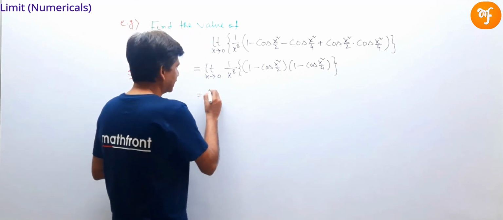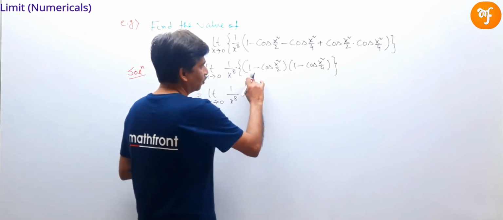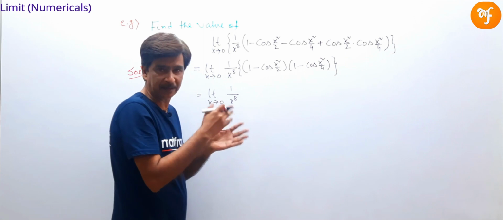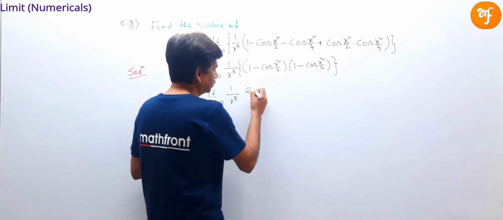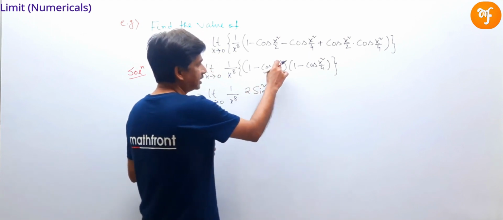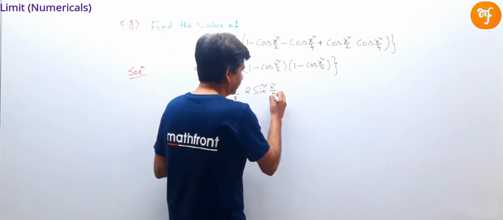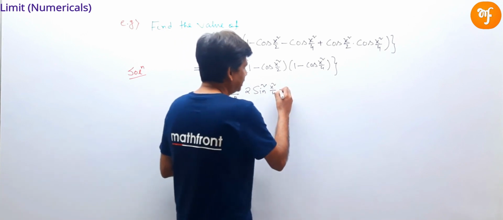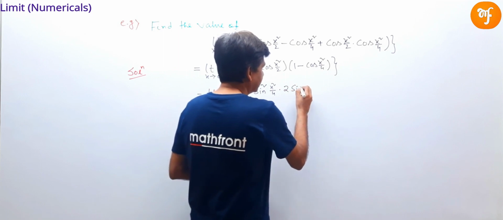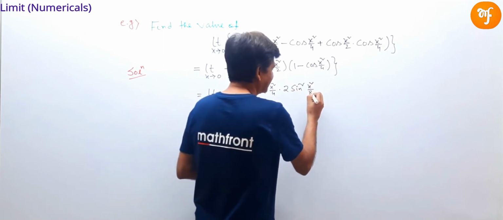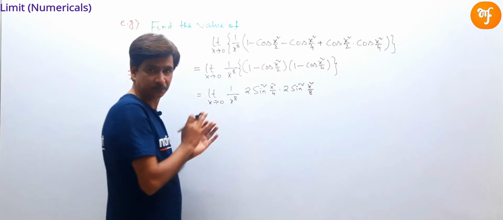So, we can write it as limit x tends to 0, 1 by x to the power 8, 1 minus cos of x square by 2. If we apply the formula 1 minus cos theta is equal to 2 sin square theta by 2, this result will be 2 sin square, theta is x square by 2, so theta by 2 will be x square by 4. Okay, clear? Into this 1 minus cos of x square by 4 can be written as 2 sin square x square by 8. Okay? So, this can be written as 2 into 2, that is 4,